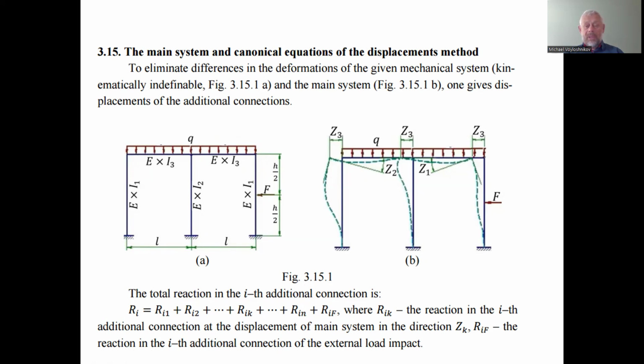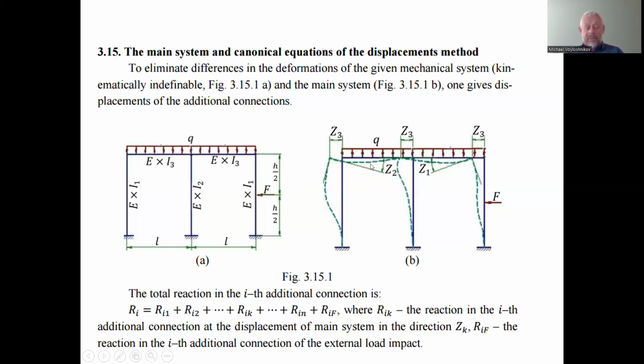To do the main mechanical system for the displacement method, we do not have to cut out the extra connections not required for the geometric unchangeability of the system, but we have to put in more connections. These extra connections control the horizontal motion of the point. So put here, at the right upper angle of the frame, a horizontal extra connection to limit the displacement